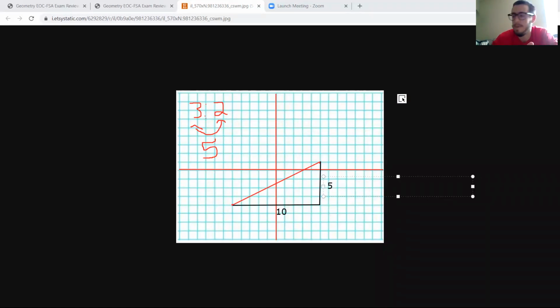Now, the reason I do that is because I'm going to do Pythagorean theorem. This is obviously a right triangle. You can see that as indicated here. We drew it so that it was a right triangle. You guys know how to do Pythagorean theorem. So that'll be 5 squared plus 10 squared equals c squared. And then you take the square root of that, and you get 5√5. Let me double check that. Yeah, you get 11.81. You get the square root of 125. So you do maybe have to calculate that out. But I got the square root of 125, which when you break it down is